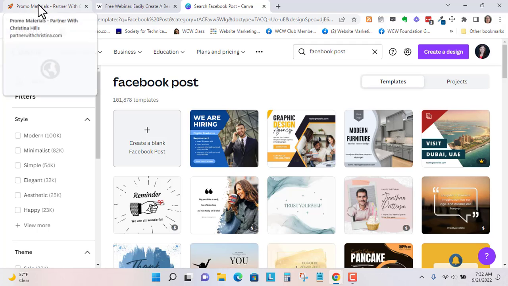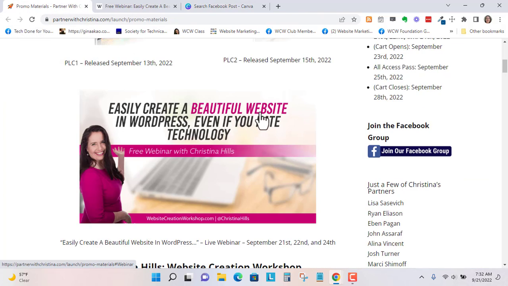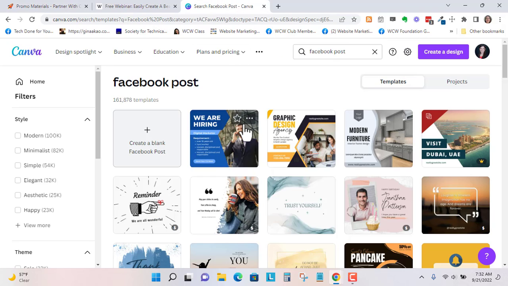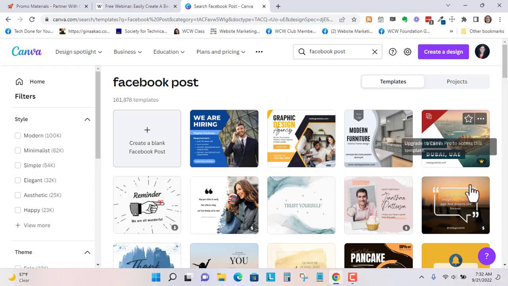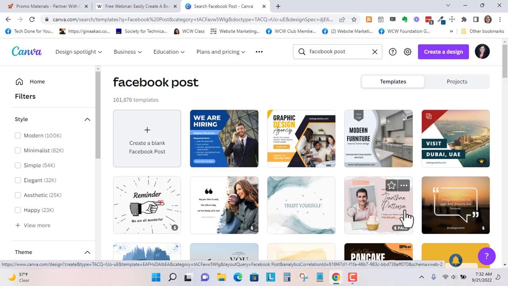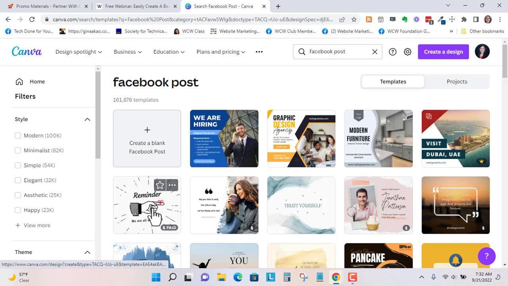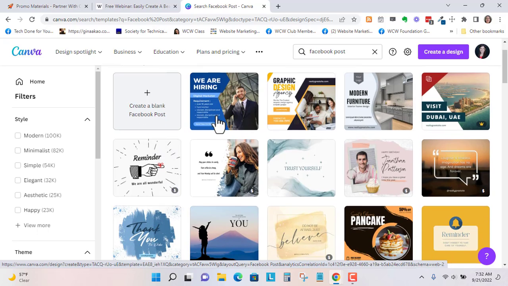So here we have, let's go back to my example, easily create a beautiful website in WordPress even if you hate technology. So if you're wanting to throw your computer out the window, then maybe this is a good topic for you. So I usually just scroll through and find a free layout. I sometimes by accident click on one of these pro ones, and I happen to have a credit when I did that, but if you don't have a credit you'll have to pay for it. So here let's just do this one,